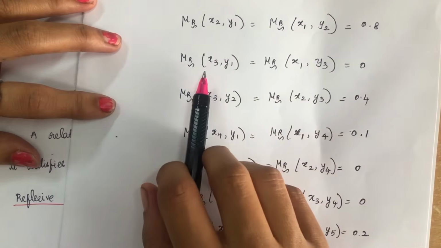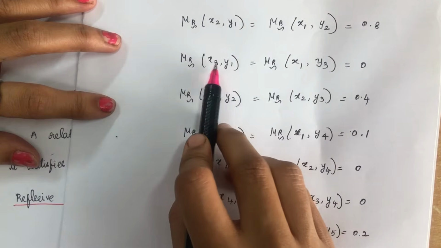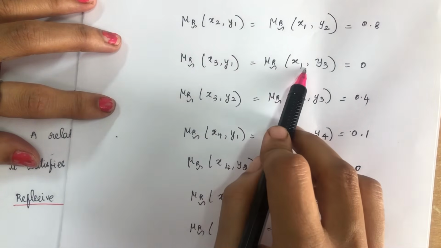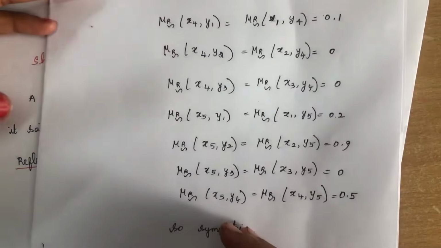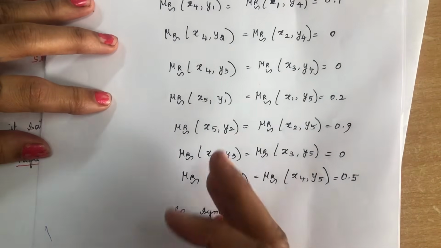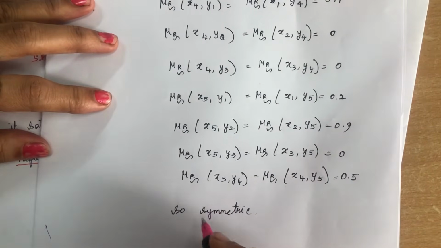You are getting 0.8. x3 comma y1 is x1 comma y3, you need to interchange the row and column values. So both are the same. Likewise, you need to check for all the values. When you check, if you are getting the same value on both sides, then you can say that the relation is